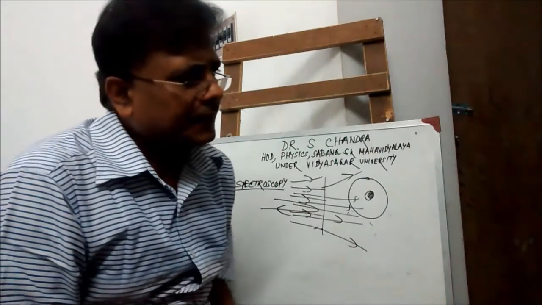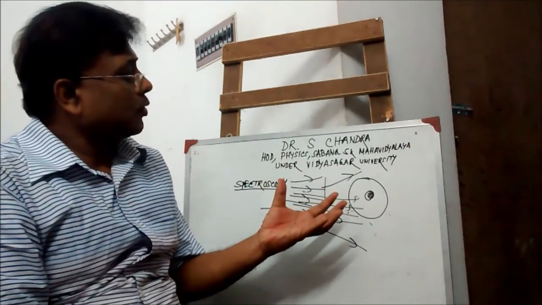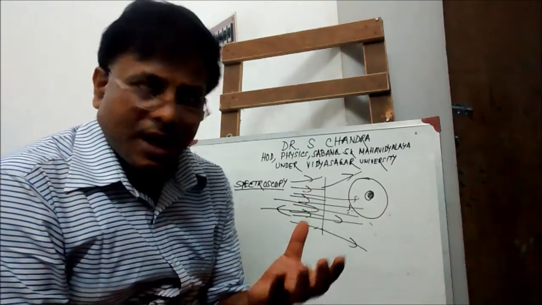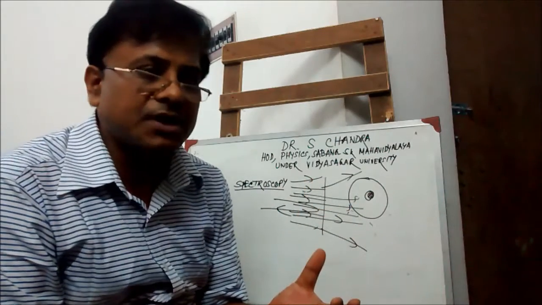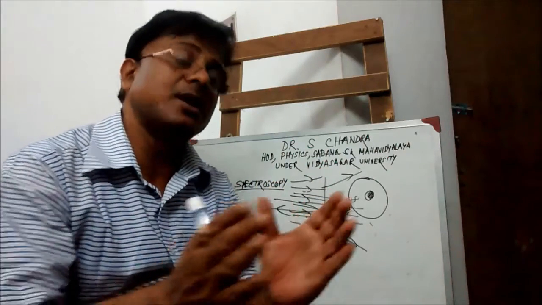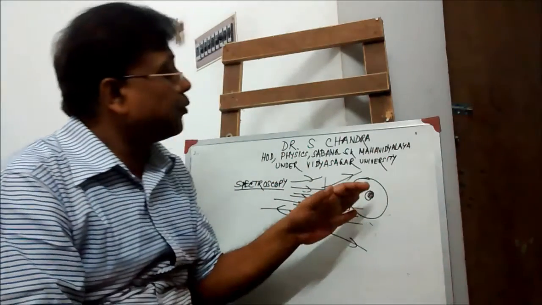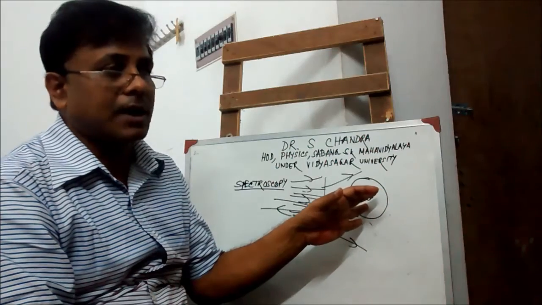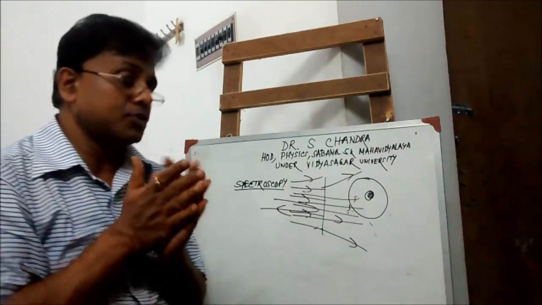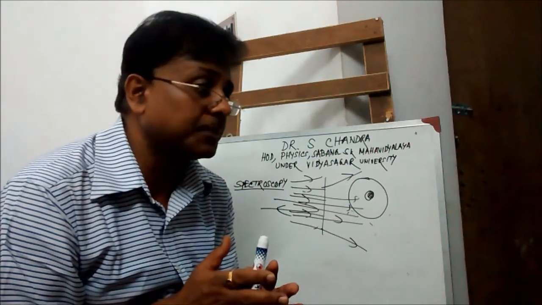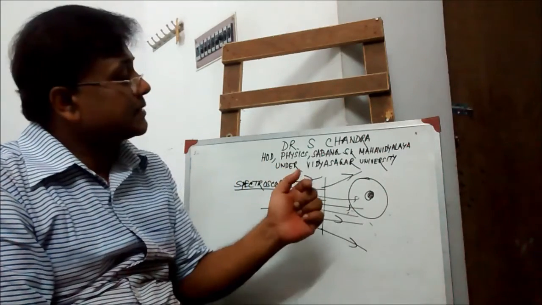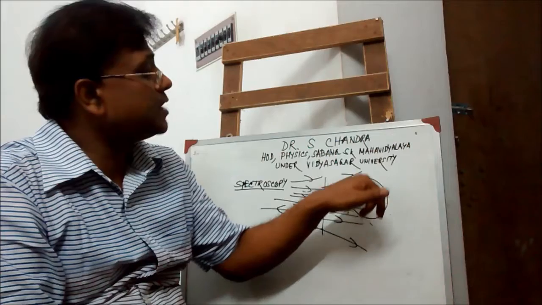But what happens? To understand that the atom is neutral, if the proton has a positive charge and the electron has a negative charge, then to consider it neutral, the number of positive charges must be equal to the number of negative charges. So the number of protons is equal to the number of electrons. But if one is a positive charge and the other is a negative charge,